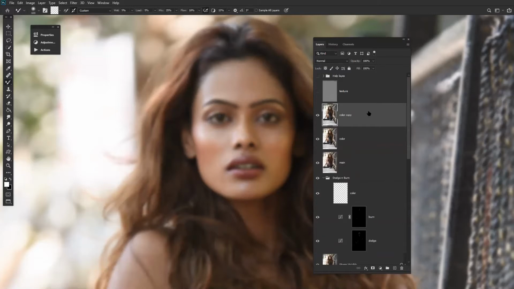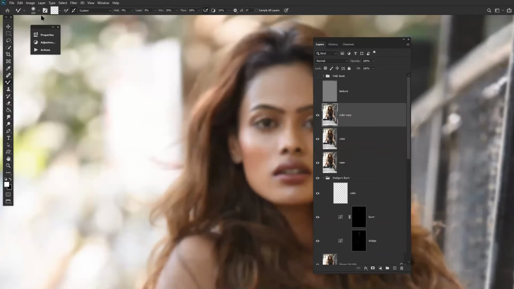Mixer brush is basically a brush which mixes the color pixels with the nearby color wherever you move the brush, wherever you paint. Mixer brush was made for digital painters who paint in Photoshop, so that they can blend the colors effectively. So let's go with the mixer brush.